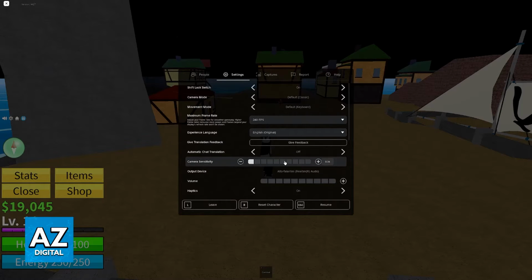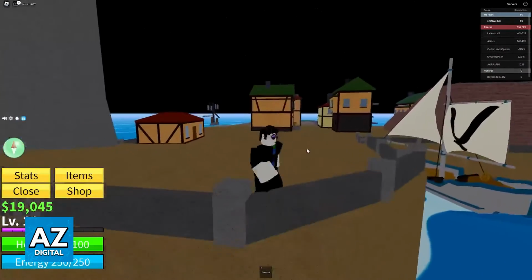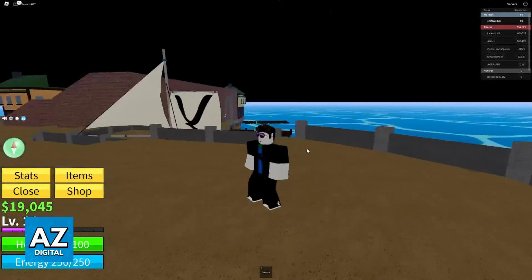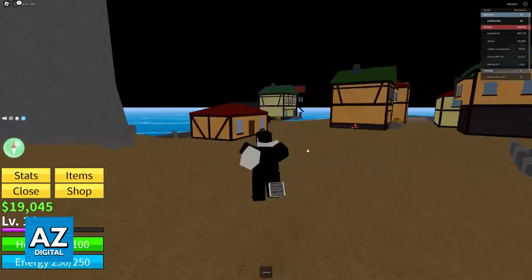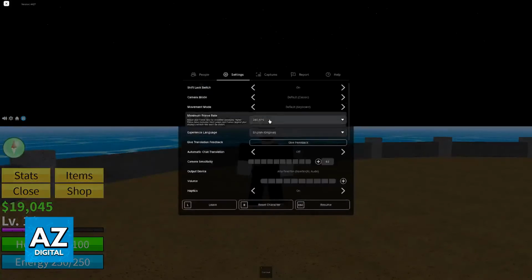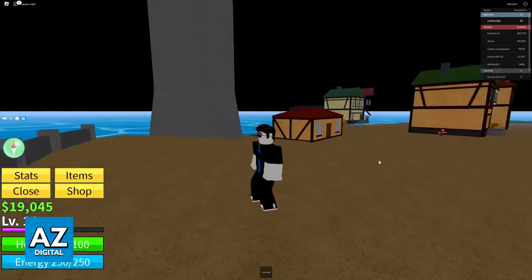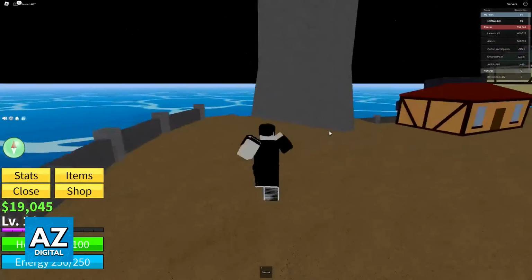And as long as you set it up with any value available here, you go back inside of the game, the camera sensitivity will be adjusted accordingly. So right now I have it at a minimal value, so I need to move my mouse a lot to even make a 180 or a 360 with my camera. And if I make this value higher, if I set it to 4, as you can see, even small movements of my mouse will completely turn my camera.